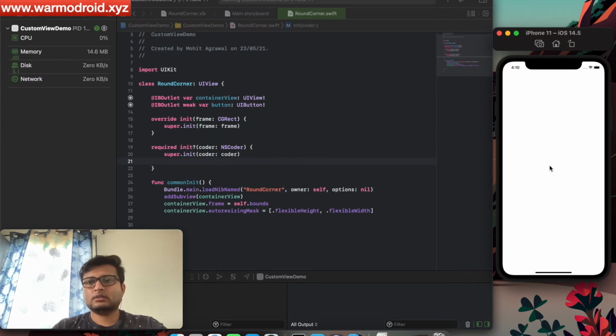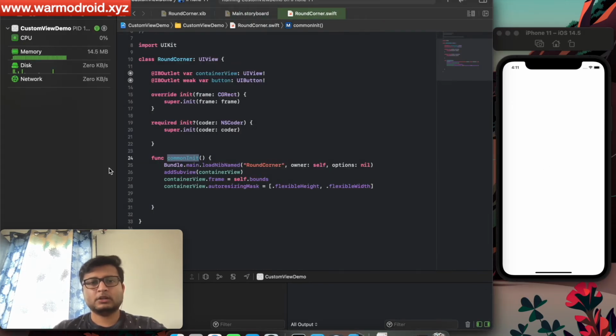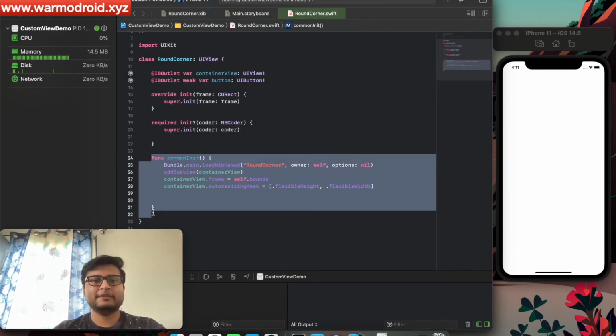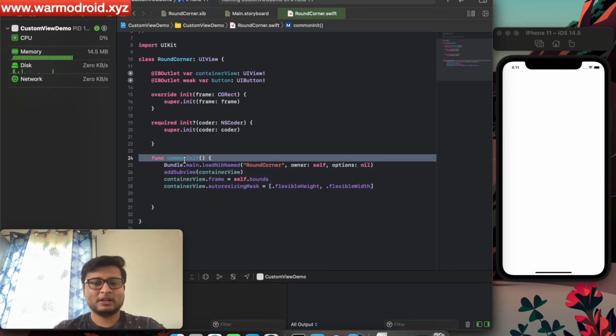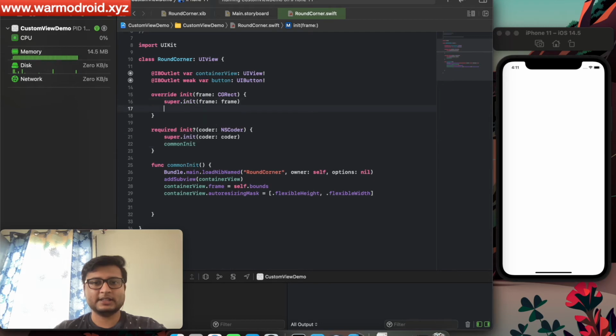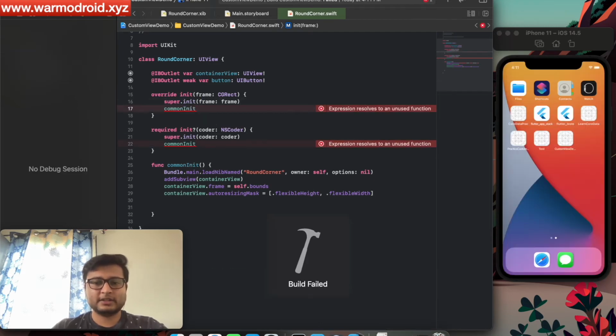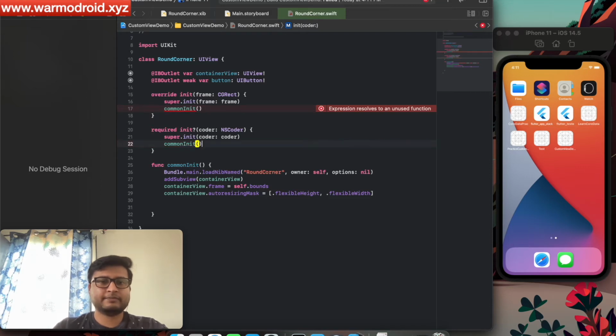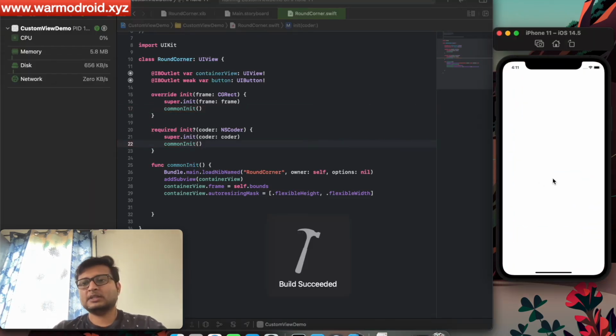Now you can see that we are not getting any view. You know why? Let's figure it out. Nothing is coming here because we have defined our method, but we are not using it anywhere. How funny is it? So let's use it somewhere. Let's use it inside the init. Now let's give it a run again. Now this time it should come as expected. One plus button should come here, and you can see it's coming.